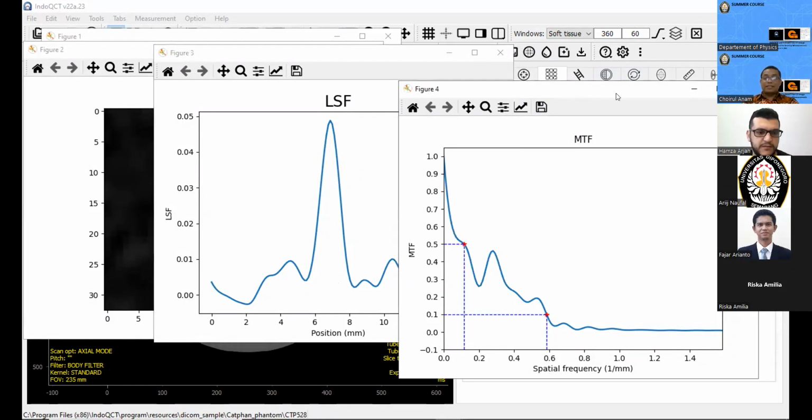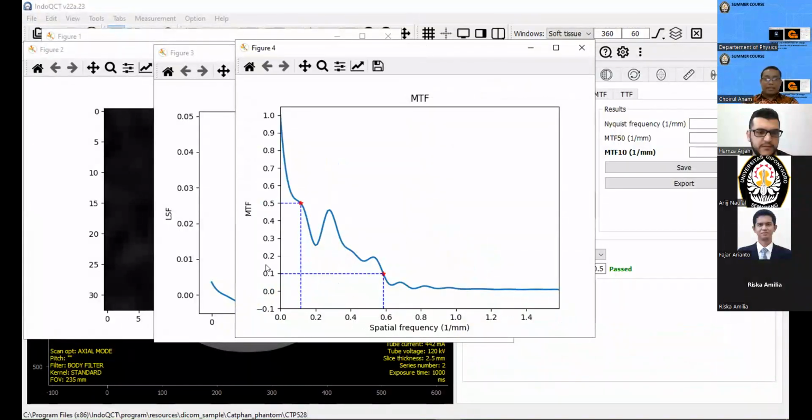And this one is the MTF, and the MTF 10% is about 0.6, almost 0.6. The exact value is 0.59. And of course, this value is more than 0.5. So the conclusion is pass.